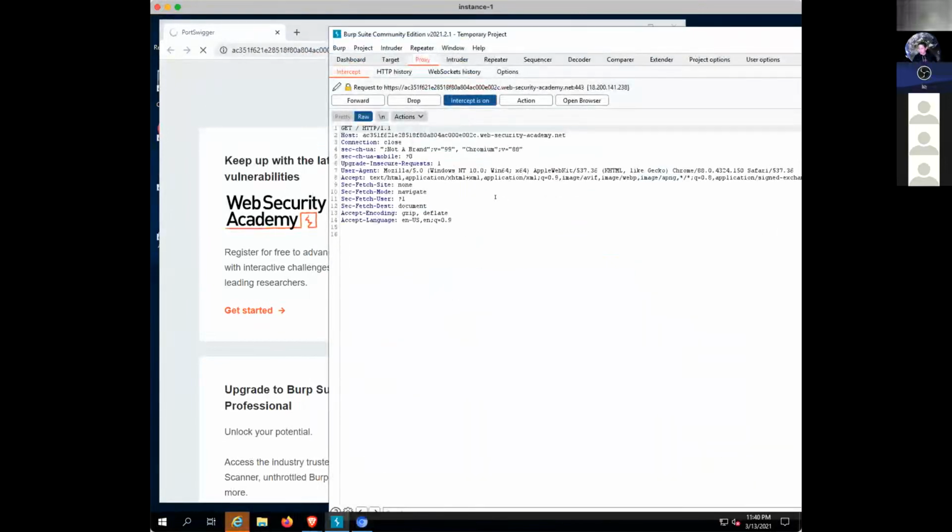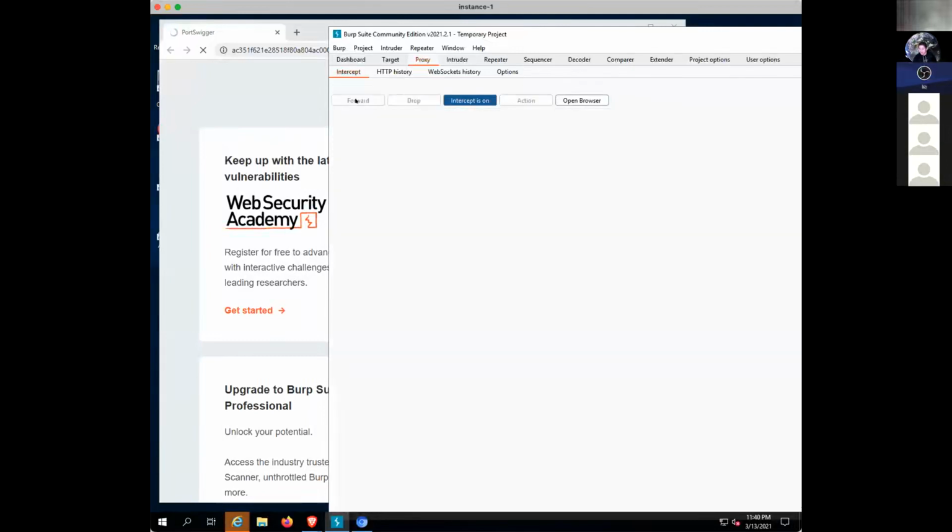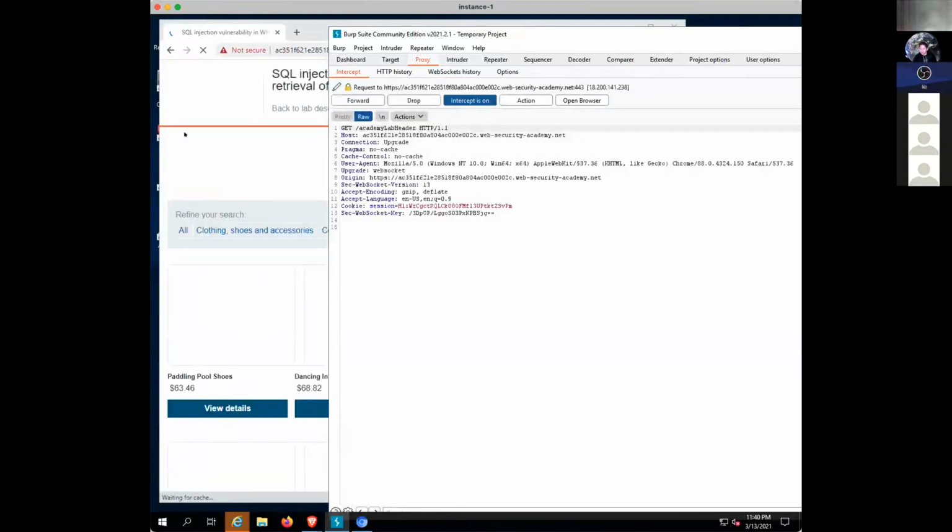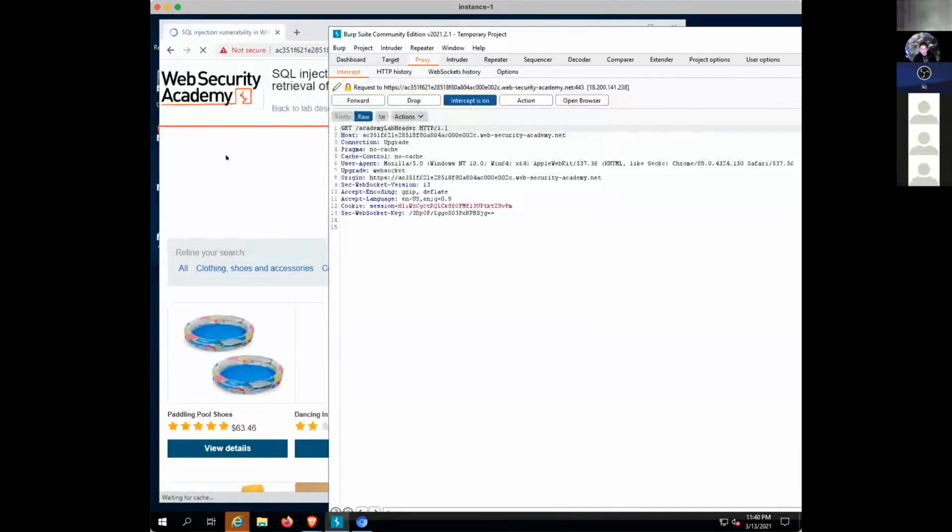So you see Burp is intercepting the communication of this browser. And in order for me to forward item by item, I need to click on forward, and then something will happen over here. So you can see everything that's coming in and out of the browser so that you can manipulate it as needed in order to get what you want. In the case of this very first lab, according to the Burp Suite site,